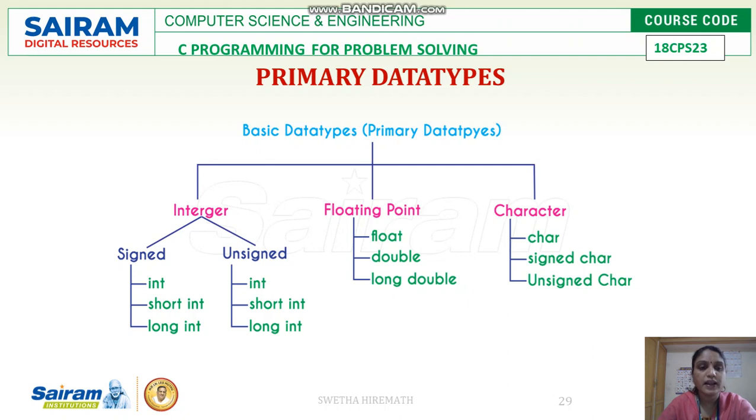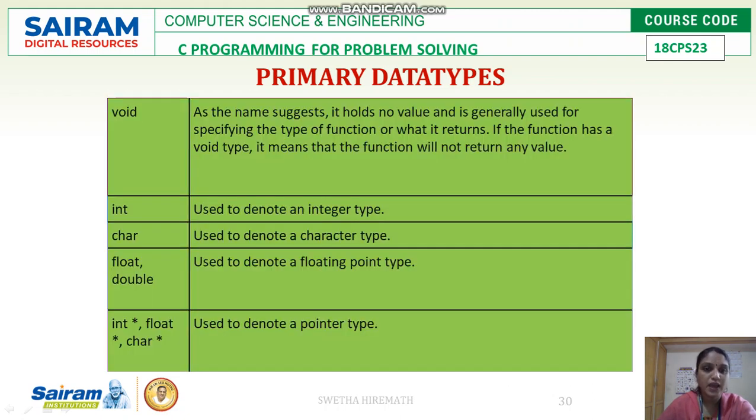So these things, int, short int, long int, are being differentiated based on the number of bits or number of bytes which we are going to allocate for that particular data type. That we will be seeing in the next slide. Then coming to the floating point. Floating point means we are going to declare the variables as real data type, that is real values we can store, for example, the decimal point also has to be included. Different types of floating point data types are float, double, and long double. Then coming to the character data type, we have character, signed character, and unsigned character. These are the different types of primary data types which we have.